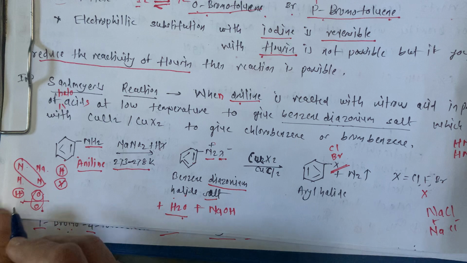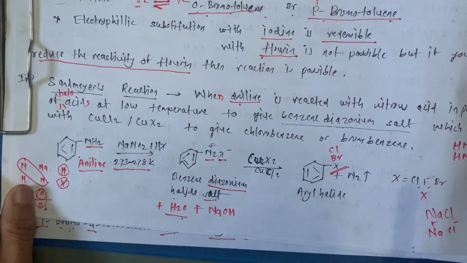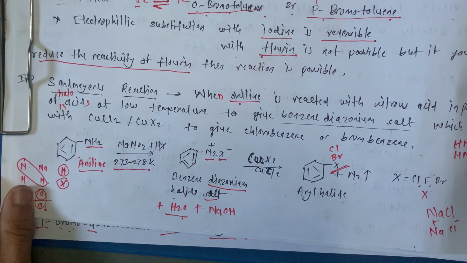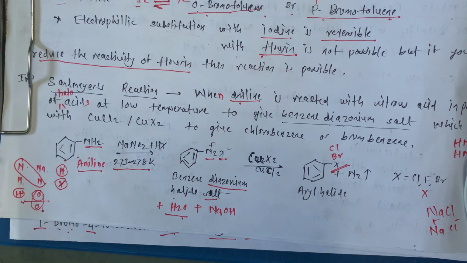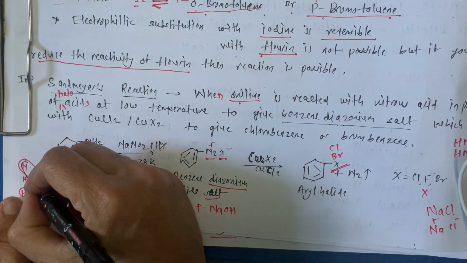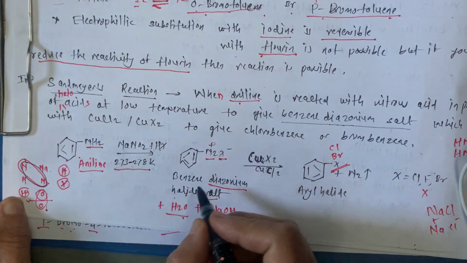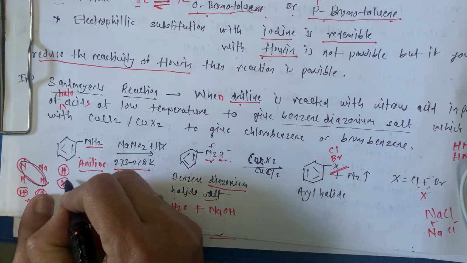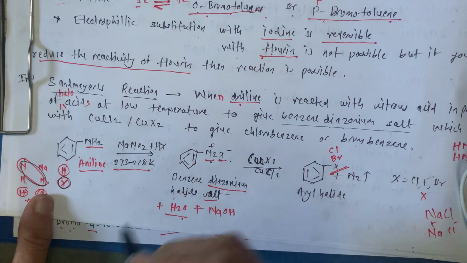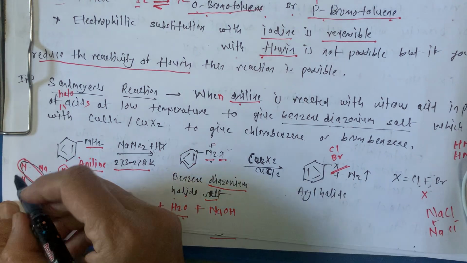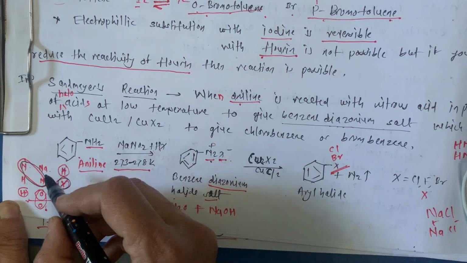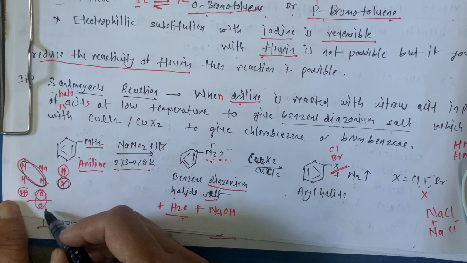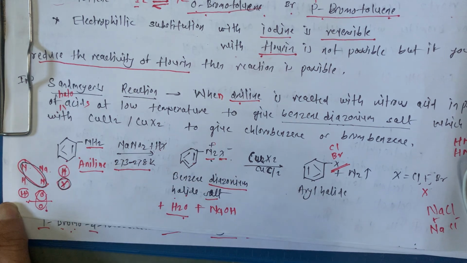Now in the product there is formation of N2, so here we are using N2. This is our N2. This N2 is now here. Then we are taking X, so this X is there. So what is there? There are two hydrogens, there is sodium, there are two oxygens, and again one hydrogen.